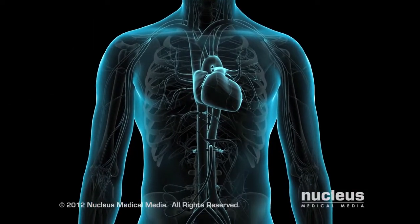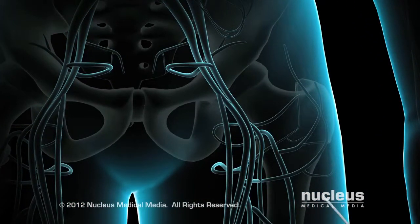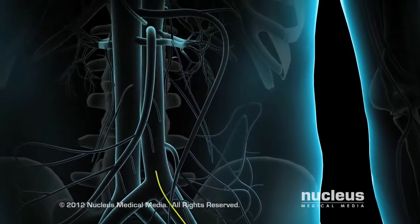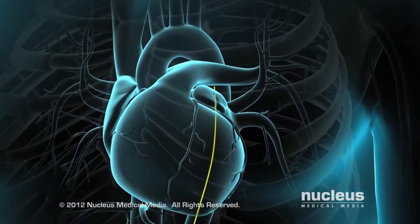Most cardiac catheterizations take place through the femoral artery in the groin, but can also be done through an artery in the arm. The doctor numbs the skin in your groin area and inserts a needle into your femoral artery. Once the needle is placed, a wire is passed through the needle and gently guided through the arterial system to the heart. The needle will be withdrawn and exchanged for a small flexible tube called a sheath that permits access